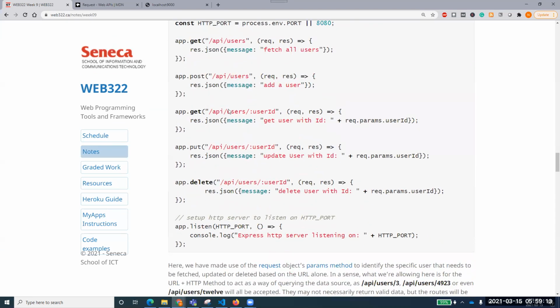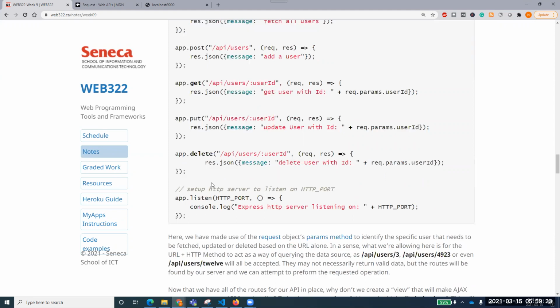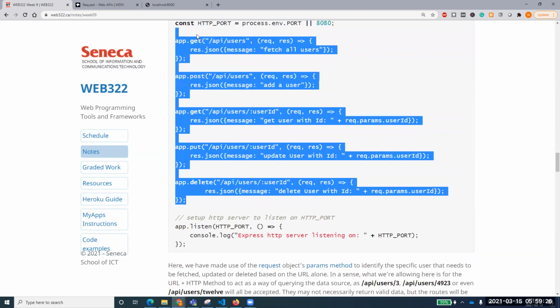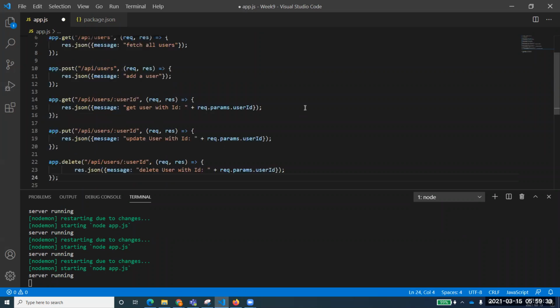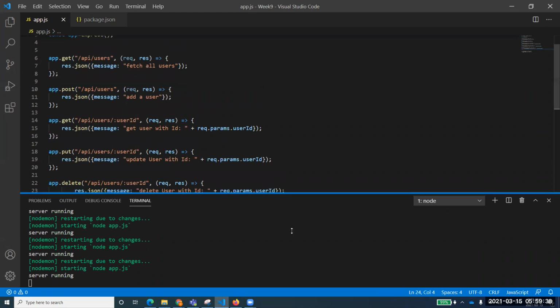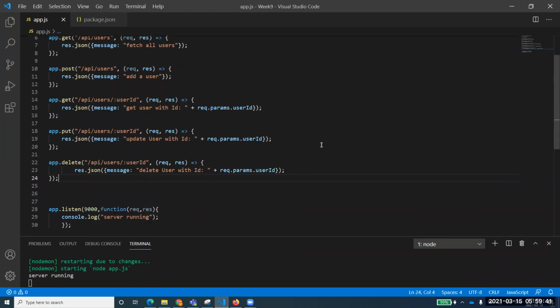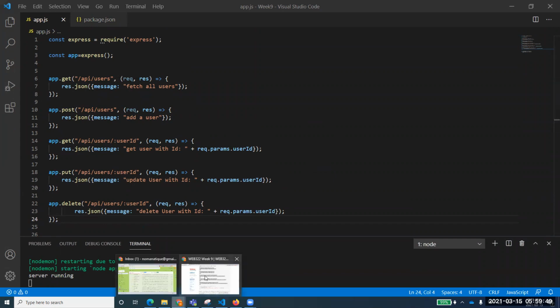So now to define those routes, you see that we are just defining API/users, and these routes over there. So let's do that and check them after defining these routes. So I'll just remove that. I don't need this one. Now what I need is this one, right? So we have defined different routes for that. So let's come back.